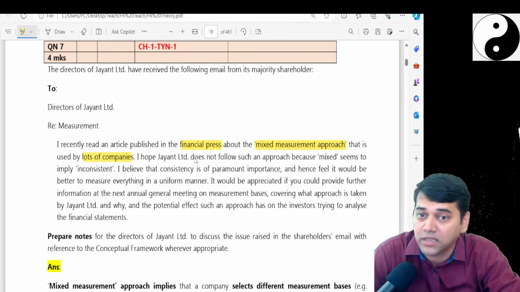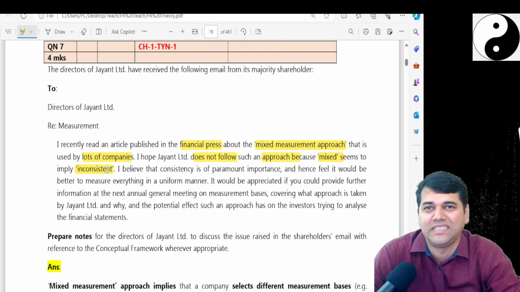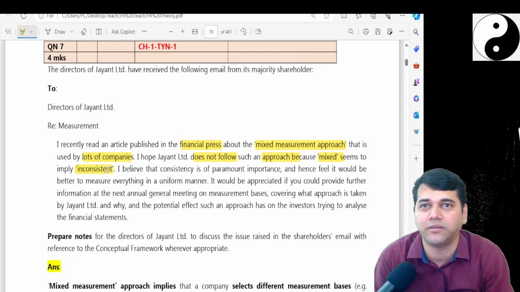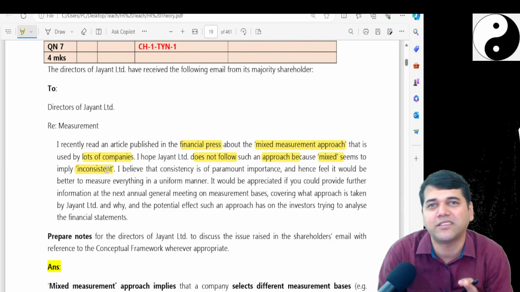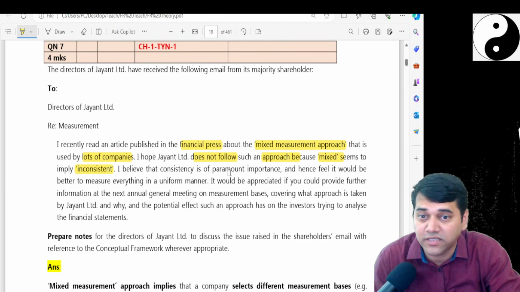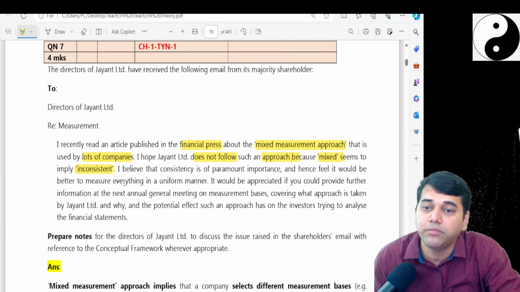I hope Jayant Limited also does not follow such an approach, because mixed seems to be inconsistent. Because we love consistency. We want everything to be the same. Mixed means there is a chance that you may manipulate us. I believe that consistency is of paramount importance and I hence feel it would be better to measure everything in